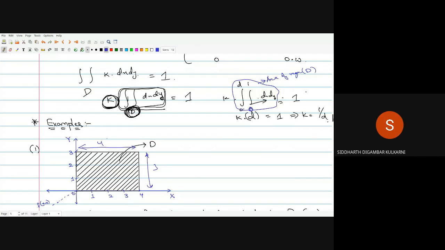The integral will give us the volume, no, sir? Just like in one continuous variable, the PMF, if we integrate, we got the area under the curve. So similarly here, we are integrating over the area, so we'll get volume, no, sir?